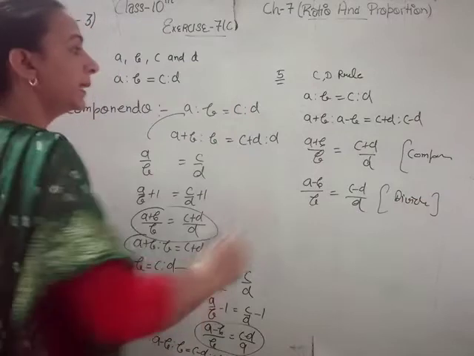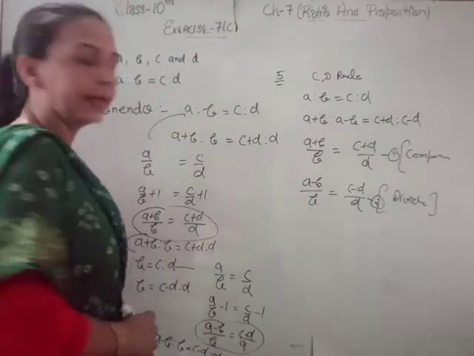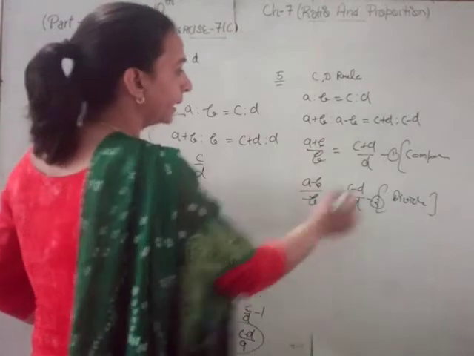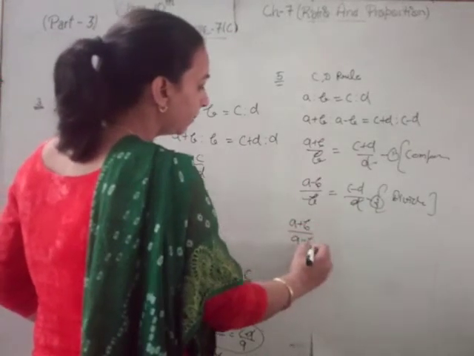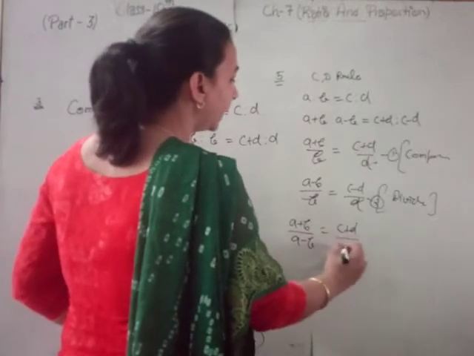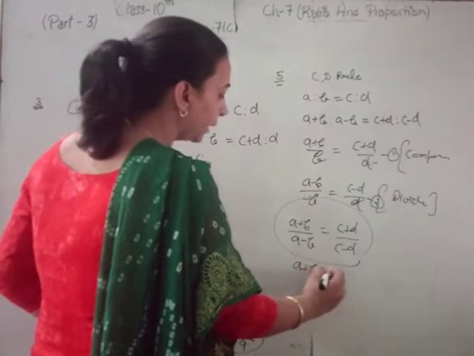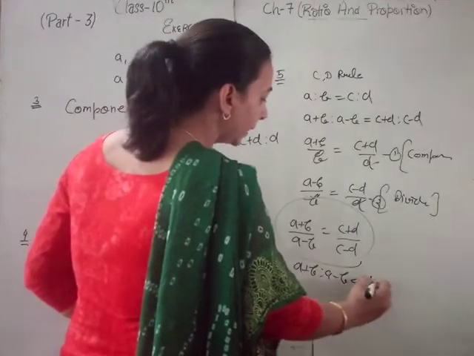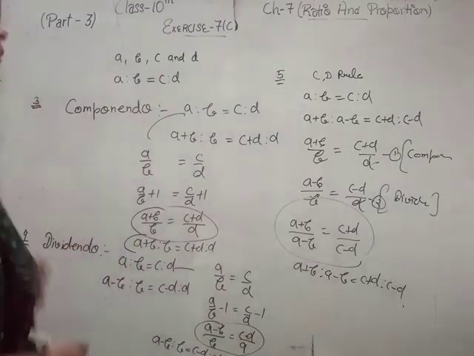Okay. Then this is first and this is second. Divide first by second, then b to b cancel, d to d cancel, then (a plus b) by (a minus b) and (c plus d) by (c minus d). Okay, and according to this we write a plus b ratio a minus b equals c plus d ratio c minus d.